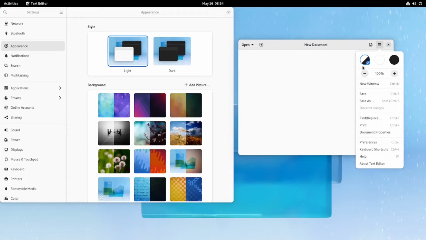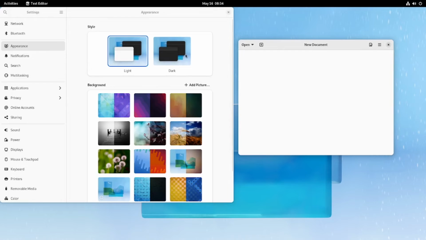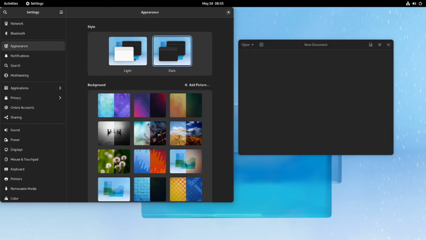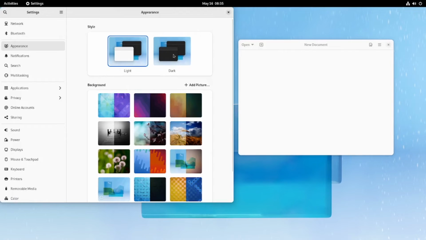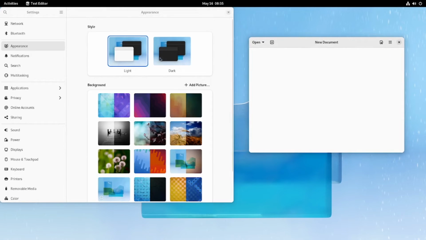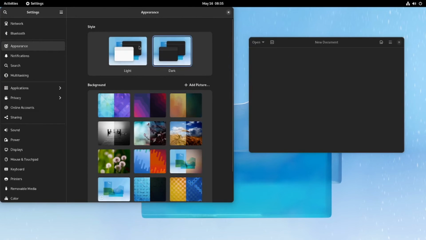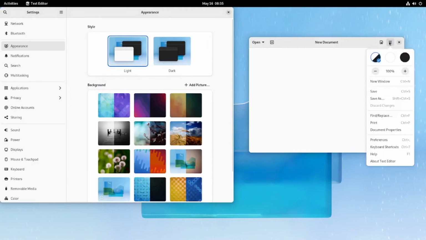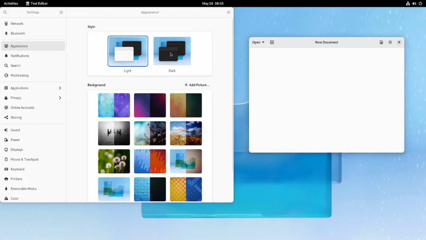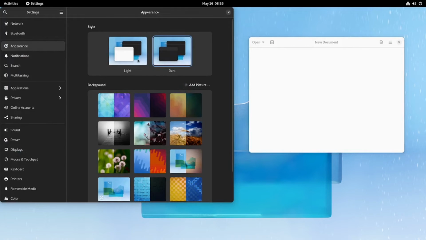I think this setting will adapt the style settings in the appearance settings. Let's try the dark. Okay, you can see here if I change the style to dark in appearance settings, the GNOME text editor will follow the setting. But if I change to this, the GNOME text editor will not follow the settings in appearance.